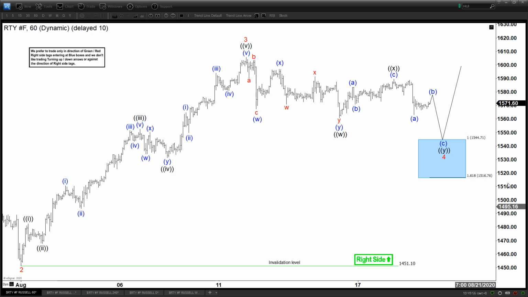So today we'll be looking at the chart of the Russell 2000 futures, RTY. We can see right here that we ended this with a two pullback at 1451. The rally ended with 3 over here, and currently we are doing what looks to be a wave 4 pullback, and we are calling for another leg lower, in the form of a double three or double correction,